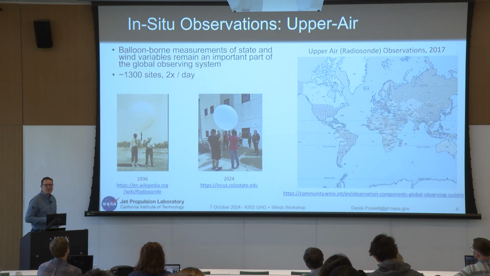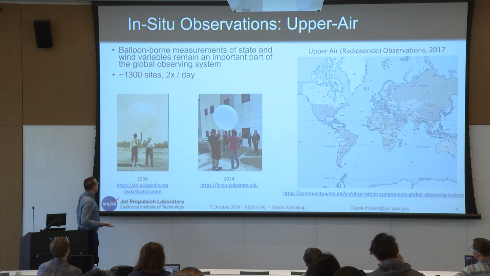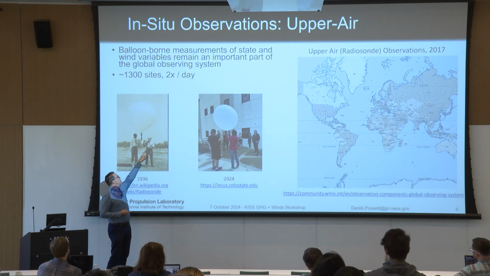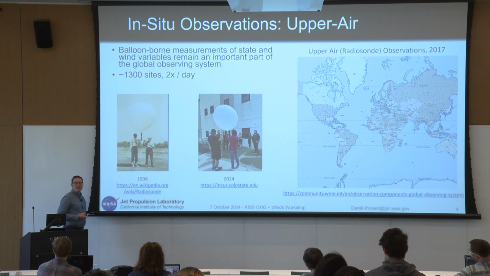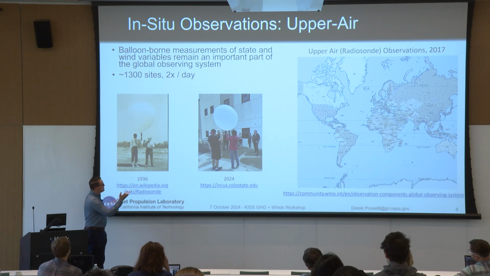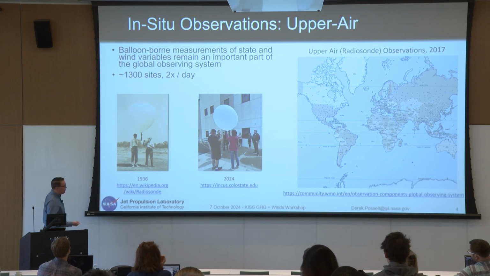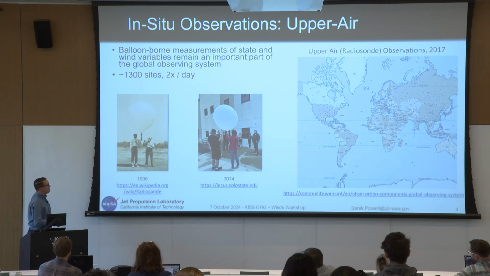Not a whole lot has changed with the way that we do this. Instrument packages have changed significantly, right? So you can see this person here has essentially a telescope, and they're going to track the balloon as it goes, and then infer from where the balloon was, by tracking by hand, what the measurements of wind were. Now it's all electronic sensors with GPS and such, but these observations still form a really important